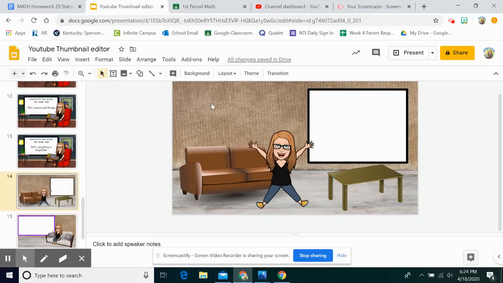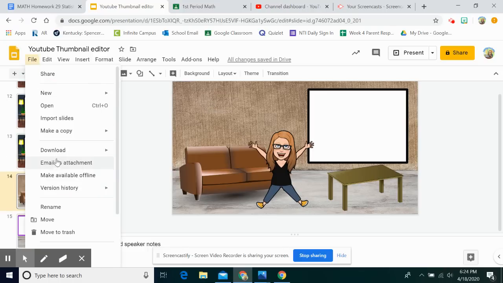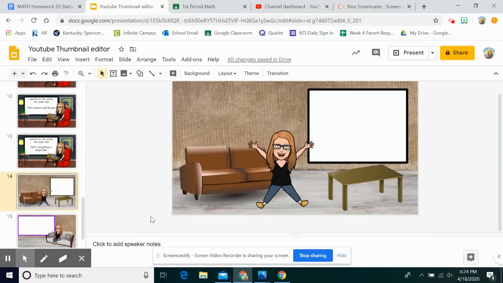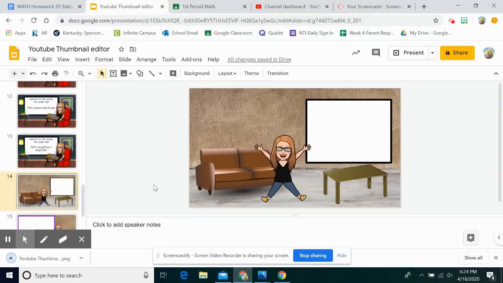Now, to save this as a picture, go to File and click Download, and download PNG image. And that way you'll have it saved as your picture. And when you want to add it to your Google Classroom, the best way to do that is once you have your picture,